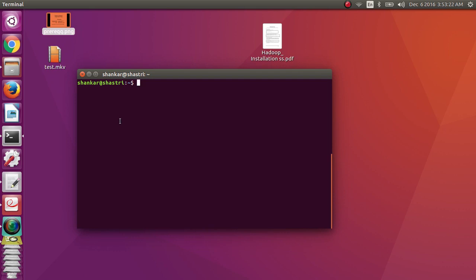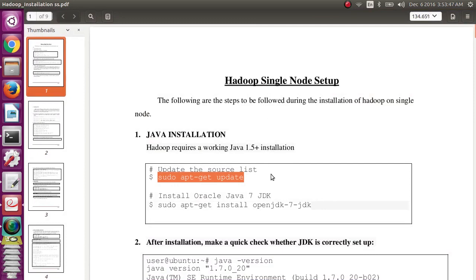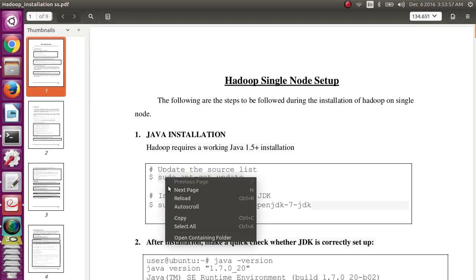In this machine I am installing the single node cluster Hadoop framework through the command prompt. So I am opening this command prompt and starting to execute the Hadoop installation steps one by one. Once it opens, first update all the system resources available in the system. So we can execute that command, sudo apt-get update. For execution purposes, I have simply copied all the commands into one file and I am executing them one by one, so it makes it easy for me.